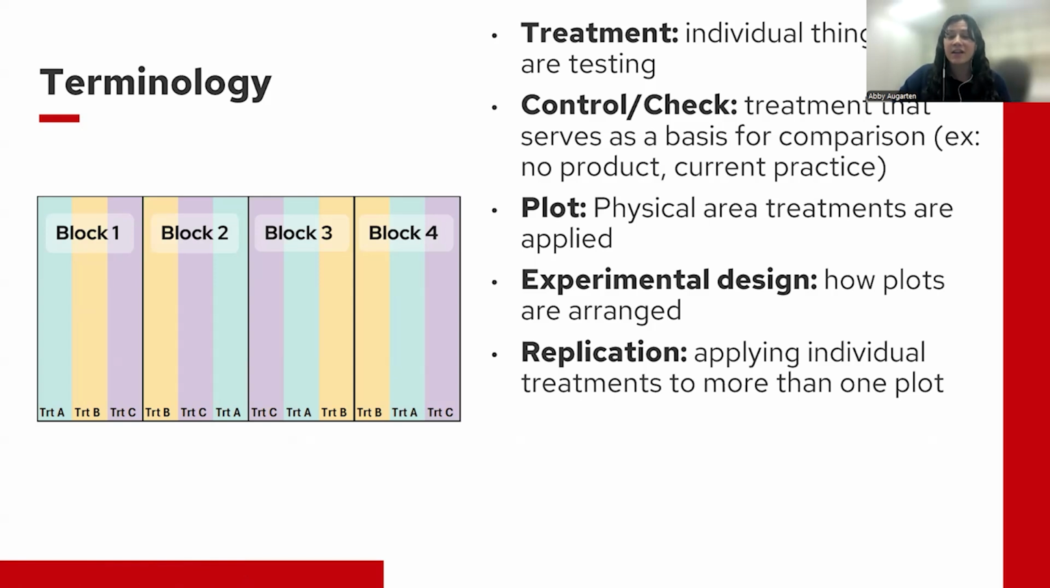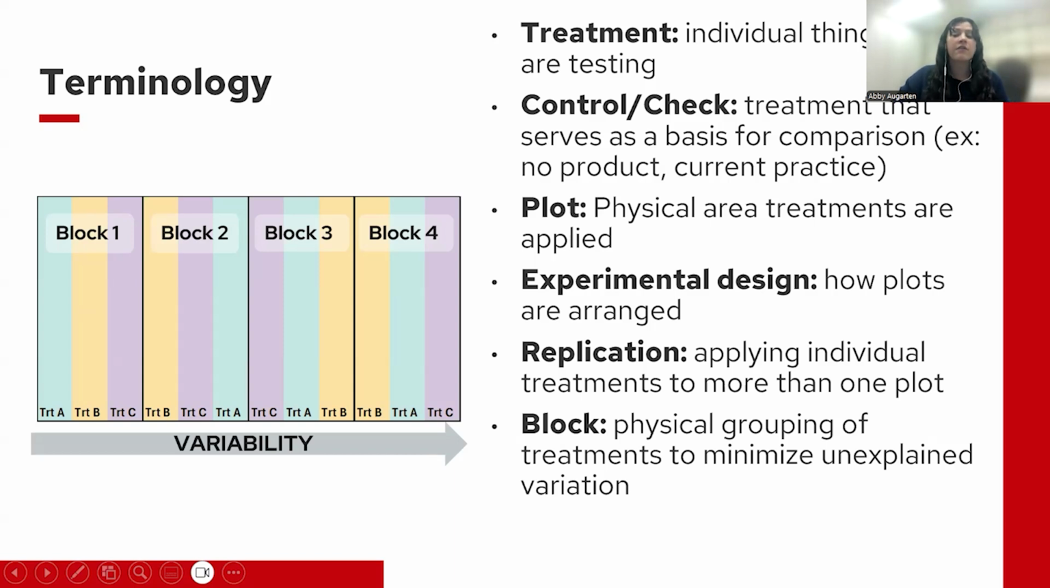Then replication is the act of applying each individual treatment to more than one plot. So in this diagram here, each treatment is replicated 4 times. And then blocks are the physical grouping of treatments. So each block here consists of one replication of each of the 3 treatments. You might often hear the words replication or rep and block used interchangeably. There is some nuance here, but both of them are reflecting back to this core idea that we have groupings